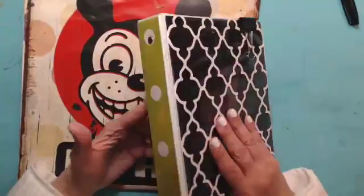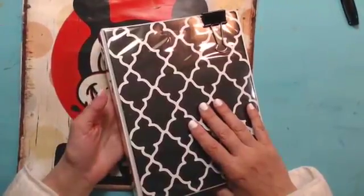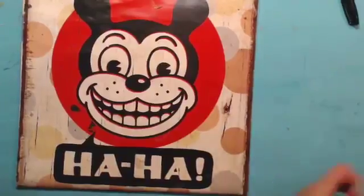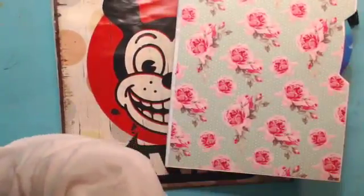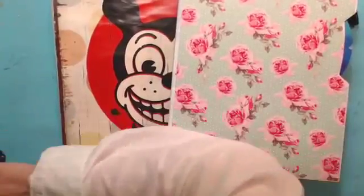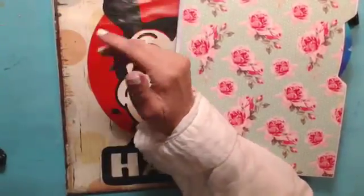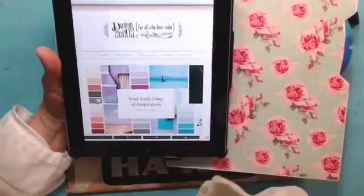Okay, so from this little notebook here, using Design Seeds, let me just take a minute to show that to you, because then we're going to go into another notebook. We all need lots of notebooks, right? And again, the colors are probably not going to show up that well with the flash. But what I want you to see is it's